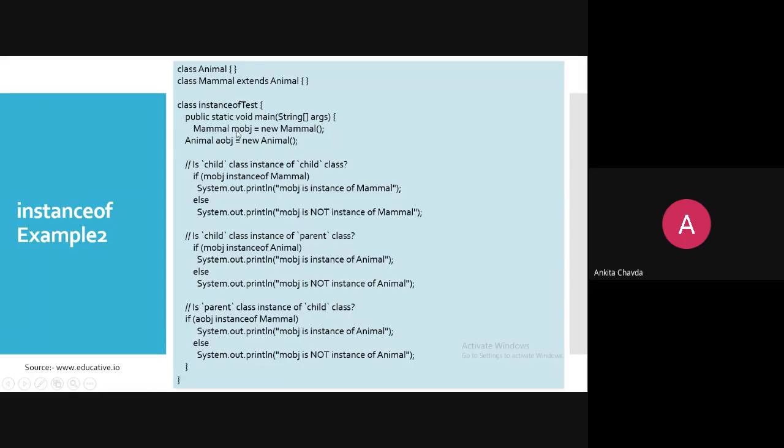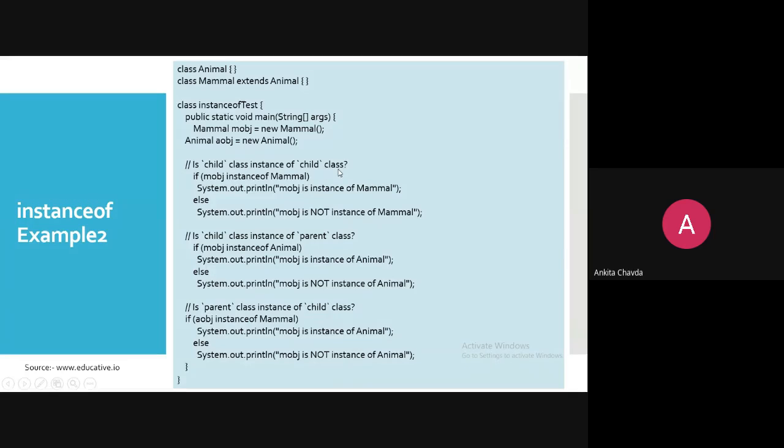So you can understand, if I'm having this m, that is of the Mammal object, and if I'm having this a, it means that is of the Animal. Just to remember that thing. Mammal and Animal, both the objects we have created. Now here we are checking whether the child class is an instance of the child class or not. So I am only checking whether the m object is actually an instance of Mammal or not. That is very obvious, this m object is actually an instance of this Mammal class only, so it will always give you true. Yes or no? So I'm only checking that the child class is an instance of the child class.